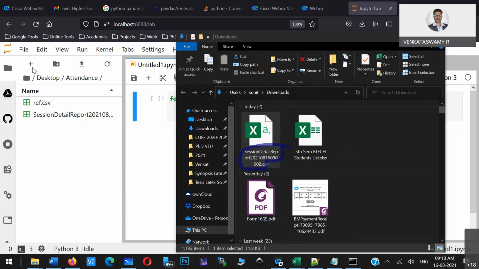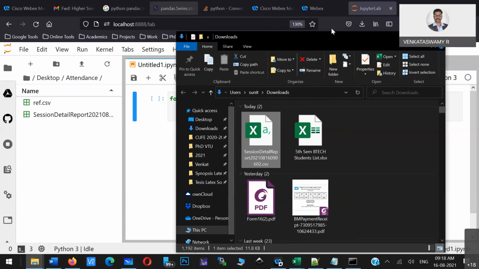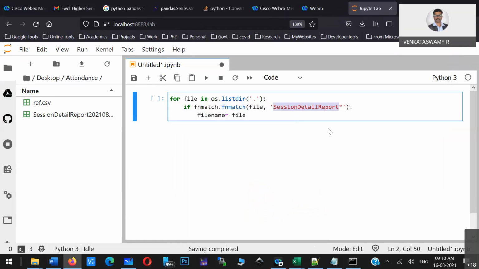Okay, you can see my screen, right? So the format is basically this, the file name format. Now, I don't rename that file manually.